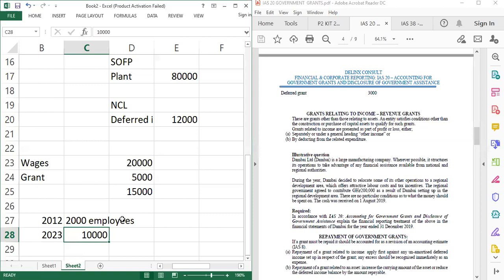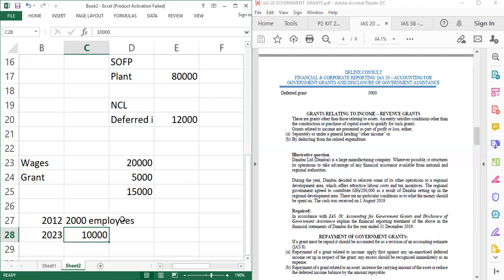So a grant given in respect of past events, something that the entity has done already, what you do is that you just go and recognize the grant in the statement of profit or loss, because this grant was given in respect of a past event, for which you have already met the condition. So you don't have to meet additional condition before you recognize the grant. So any grant given in respect of past events, which the entity has already rendered or has already met, the entity will just go ahead and recognize the grant. That is it. All right.